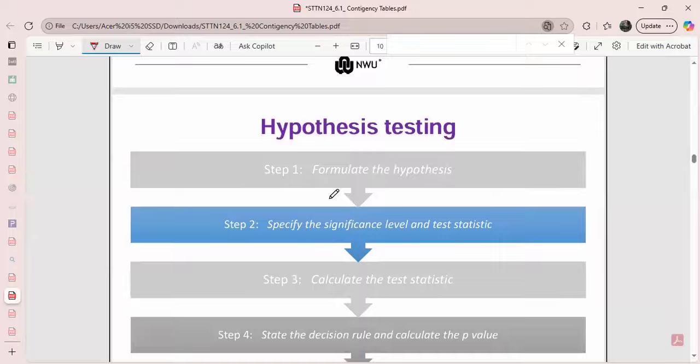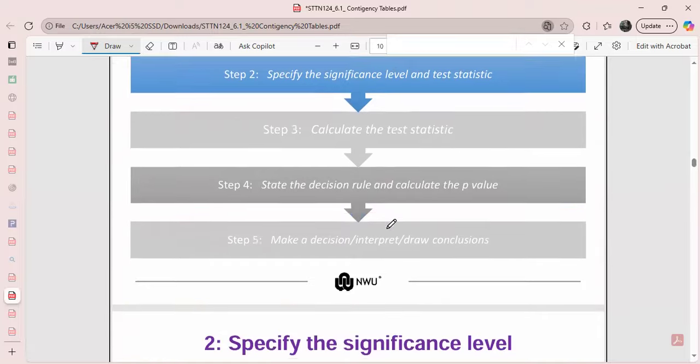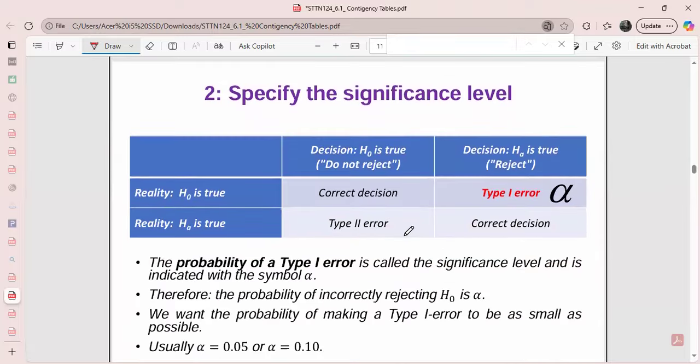Now this is what you do. Step 1, you are done. Step 2, you specify the level of significance and you write down the correct formula of the test statistic. So how do you specify the level of significance? You'll always be given alpha. They can give you alpha as 5%, 0,05, 10%, 0,1, or 1%, 0,01. So here we say that if you reject the null hypothesis, it means that,